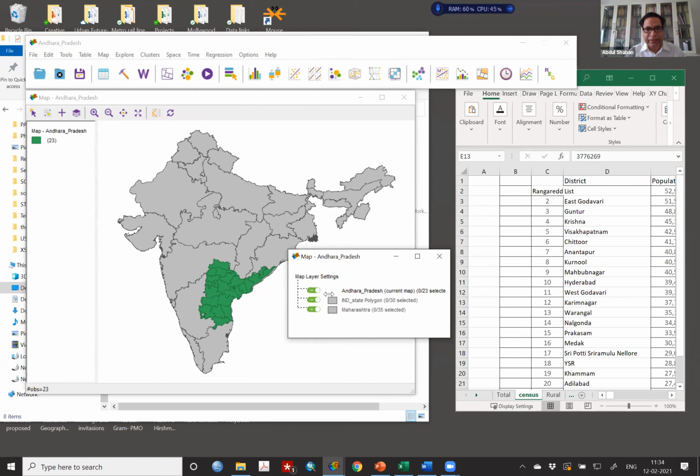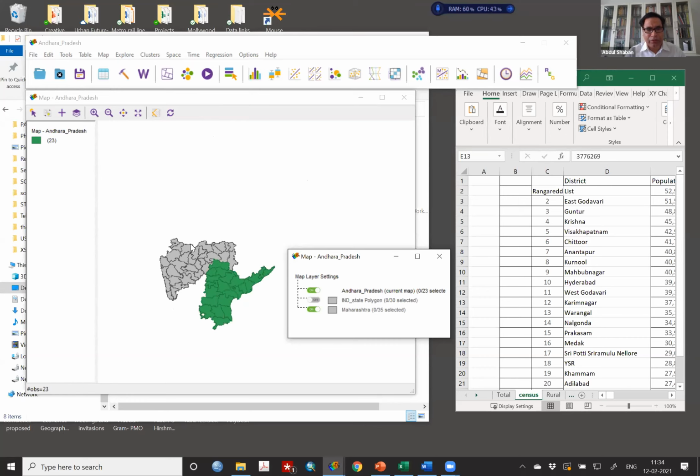So you have this kind of arrangement. If, for example, I want to put off the India state polygon, and you switch it off, then you have these two visible, and they may not actually correspond properly. So what I suggest is, only open your own files, because it has limited capability in terms of manipulating.